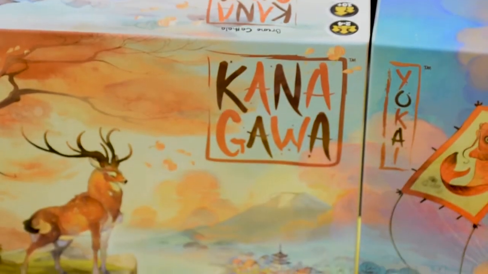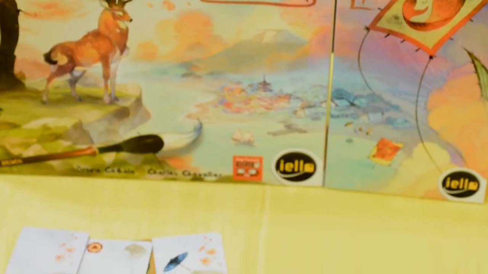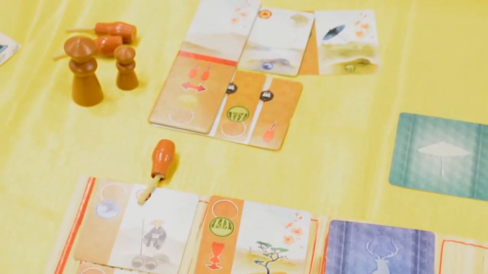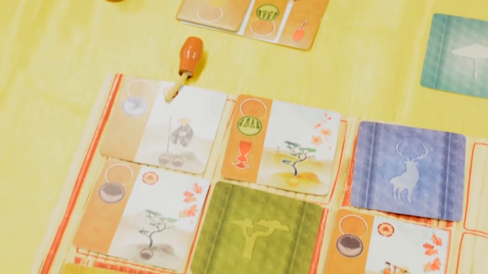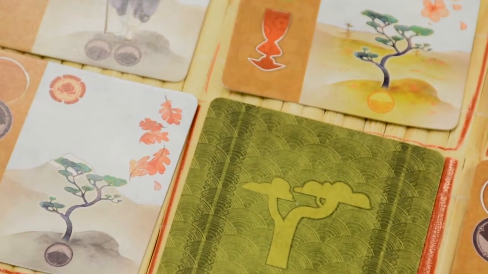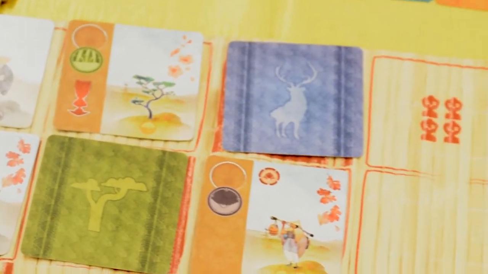This is Kanagawa, another Bruno Cathala game. It is 2 to 4 players, and it's basically you are an apprentice artist in a studio trying to learn how to paint the most magnificent landscape painting. The newest expansion for Kanagawa is called Yokai. This adds